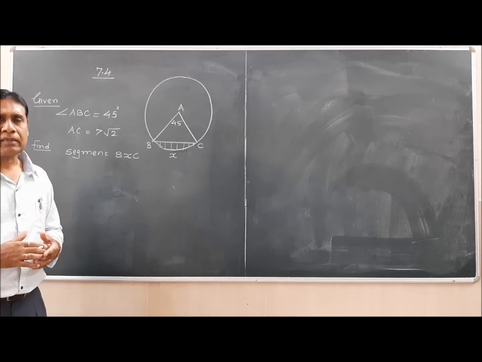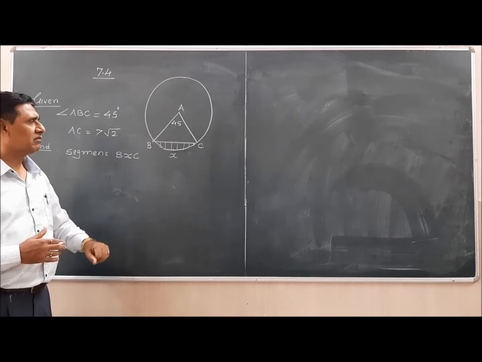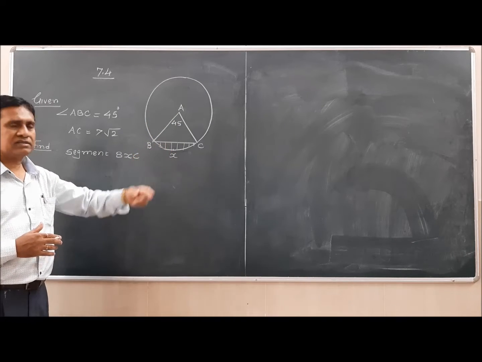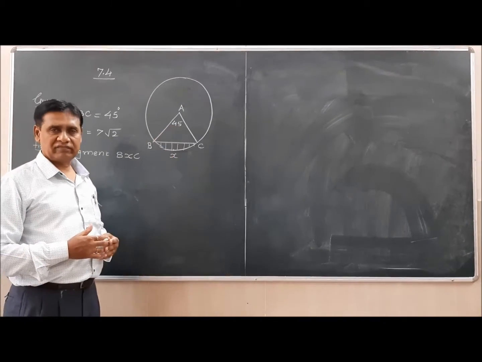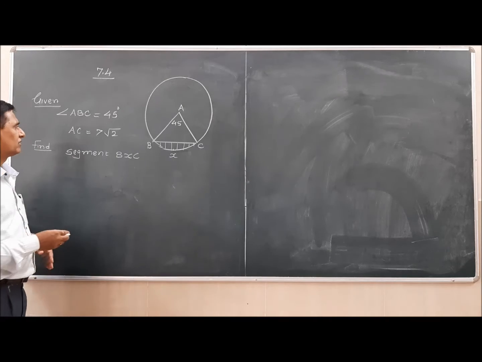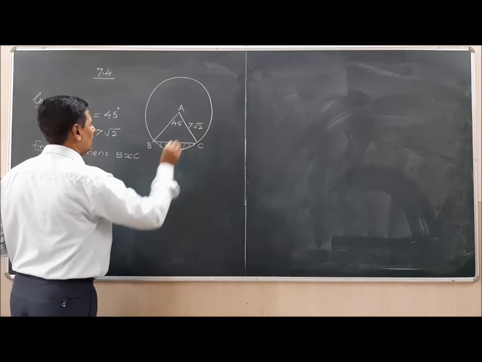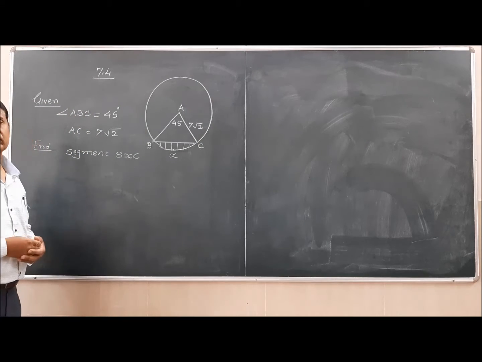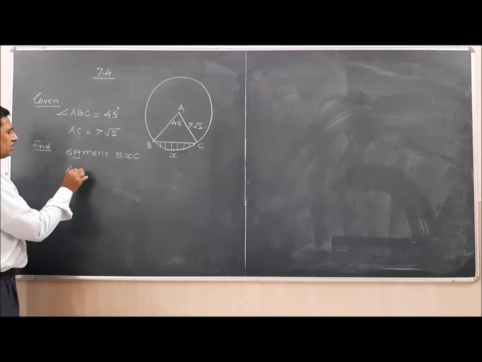So let's see here. Now here you will find triangle ABC is given. The shaded area is called the area of the segment, and this angle is 45 degrees. They have even given us the radius of the circle. The radius of the circle is 7√2. Now the question is to find the area of segment BXC. Area of segment BXC is equal to